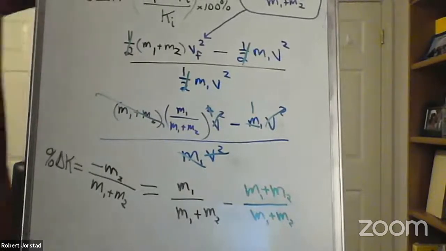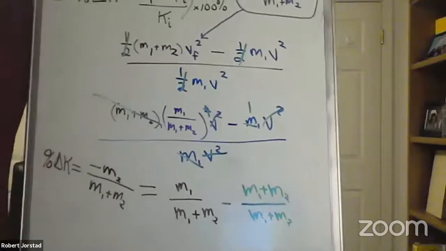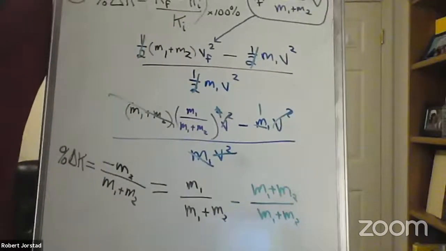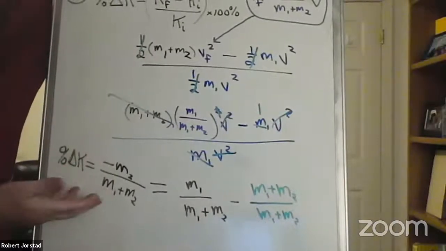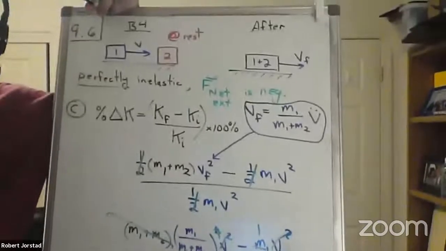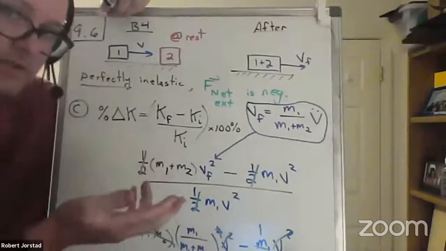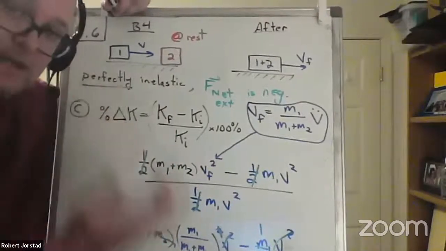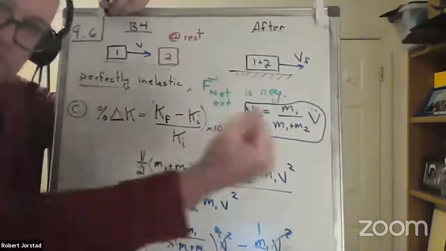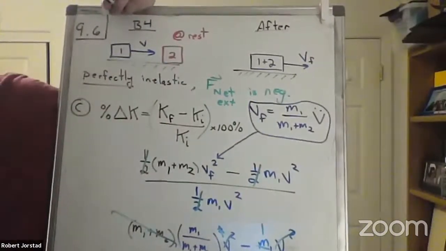So now let's just go. Wait, does this make sense? Can we get a negative number for this? Yeah, the energy changed negatively. Yeah, exactly. We lost energy. Let's go back. Does this make sense? When this thing smashes into there, it seems totally reasonable. You should lose energy. That means your percent change should be a negative number. Not a problem. All right, let's go take a look at the solution